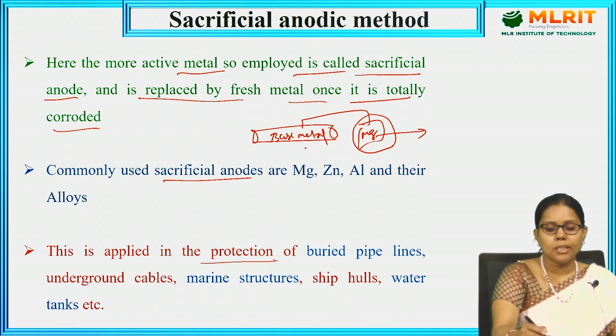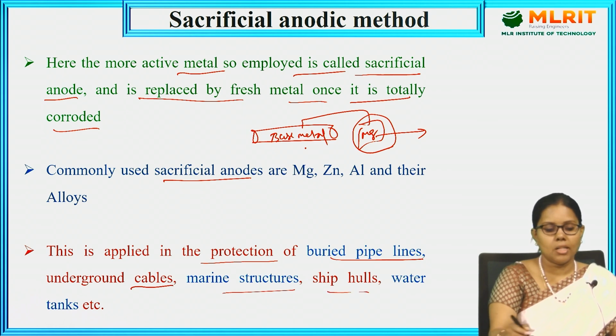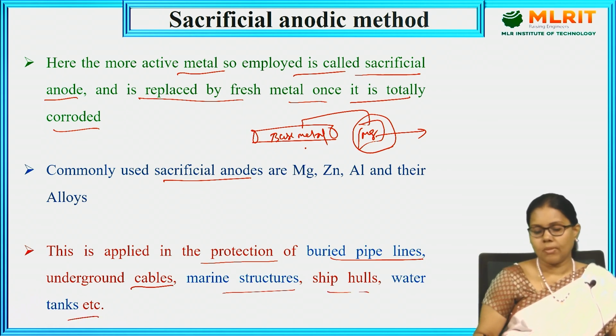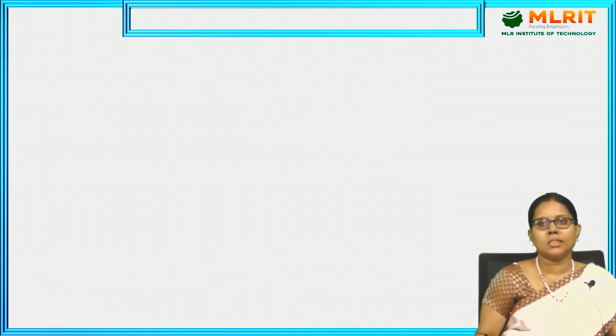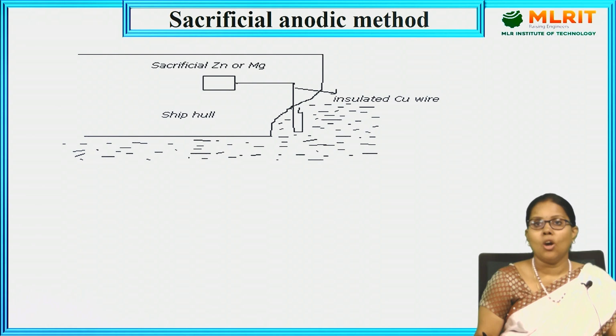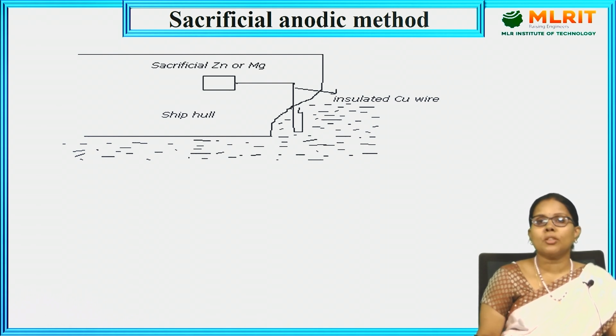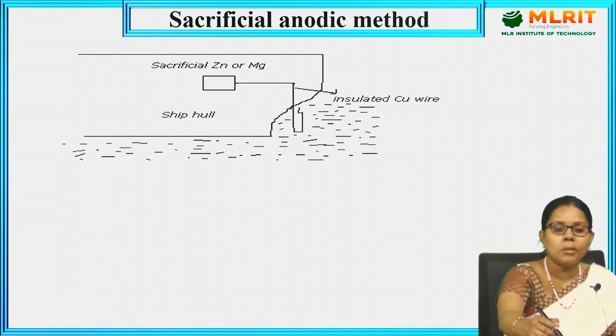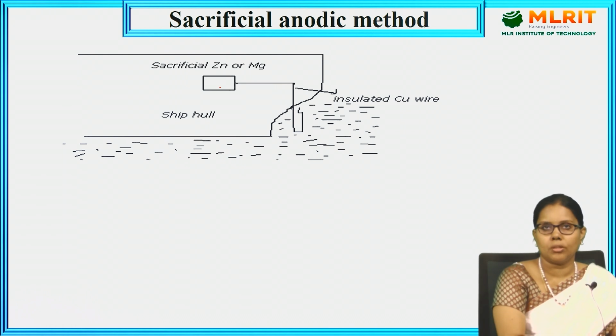This is applied in the production of buried pipelines, underground cables, marine structures, ship hulls and water tanks. We know that ships sail in the salt water, in the oceans and seas. So, the ship hull is made up of stainless steel or steel. In order to protect the ship hull, we are going to place a zinc block or a magnesium block